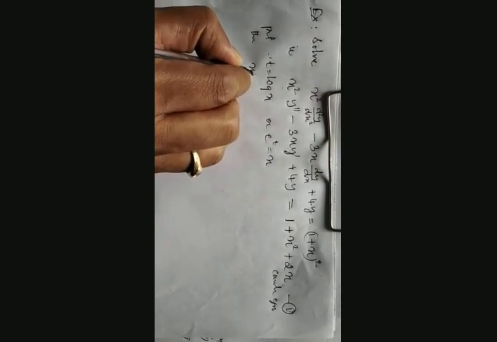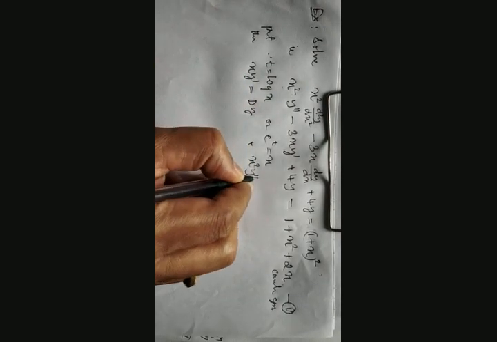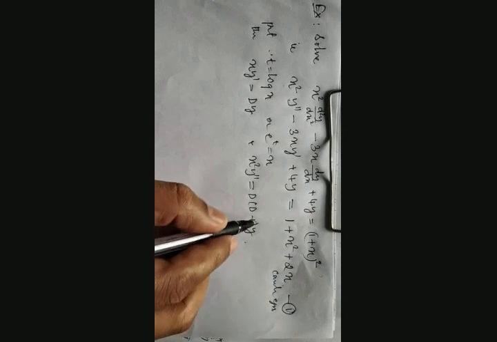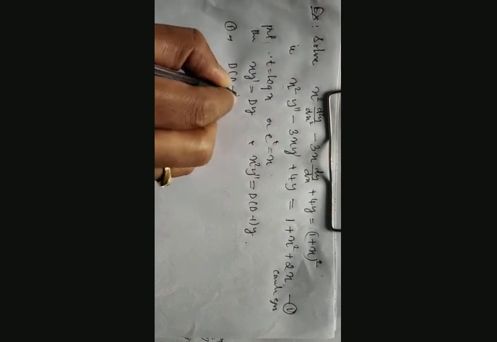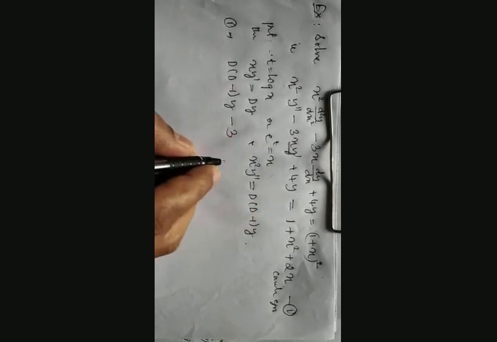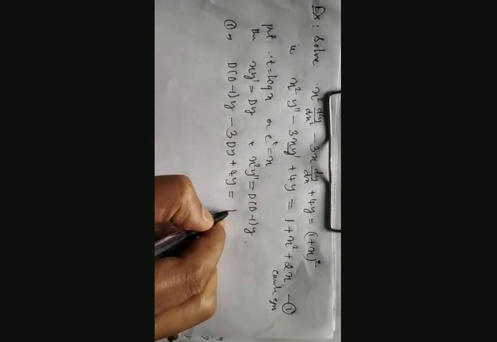Then x y dash will be replaced by dy and x square y double dash will be replaced by d into d minus 1 of y. Substitute all these substitutions in equation number 1, in both LHS and RHS. Then what happens? What is the replacement for x square y double dash? Equation number 1 becomes d into d minus 1 of y minus 3 times, what will be the replacement for x y dash? dy, plus 4 into y is equal to 1, which will be kept as it is.